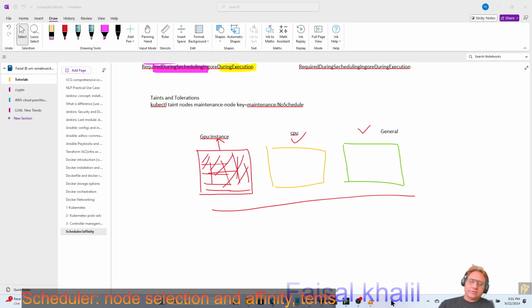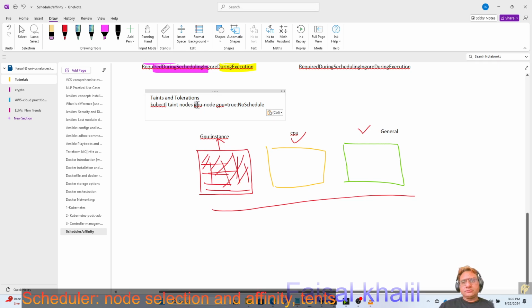Okay, let me give you a bit. Forget what I said, there was some other concept. So, for example, I go there, kubectl taint, taint is service. What I want to give, node, GPU node. This is the kind of label we want, or key I want to give to my GPU instance node. And this is the name of my taint, GPU node. Yeah, this is what I want to give. Every taint has a name. And GPU is equal to true is the kind of label,